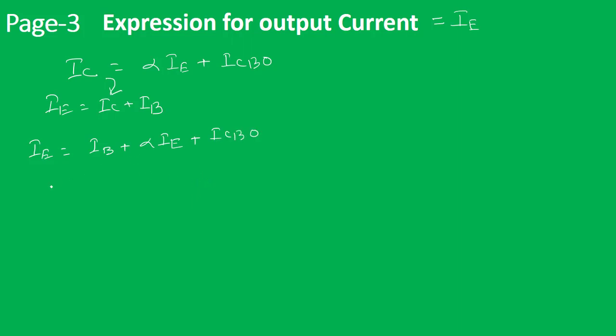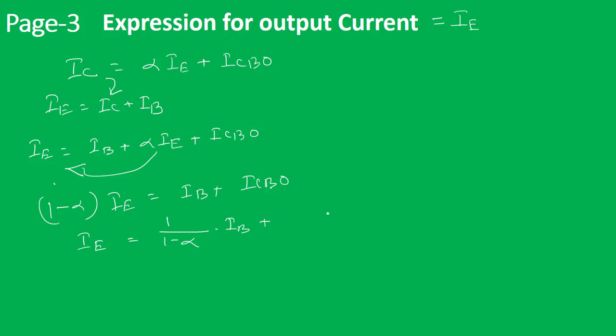If we take this term to the left hand side, we can write (1 minus alpha) into IE is equal to IB plus ICBO. So further we can write IE is equal to 1 by (1 minus alpha) into IB plus